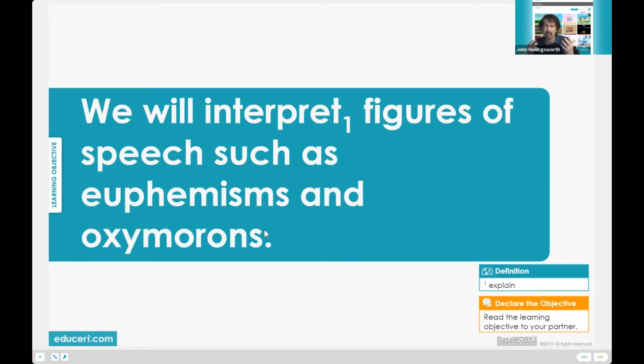We're going to have a whole page of content development. This word interpret is some of our academic language. So here's the rule. You can write this down. Define 2 to 7 academic words in every lesson, and just pick words that are already in the lesson. Of course, we're going to use euphemisms and oxymoron in a couple of pages, but interpret would be a good one.